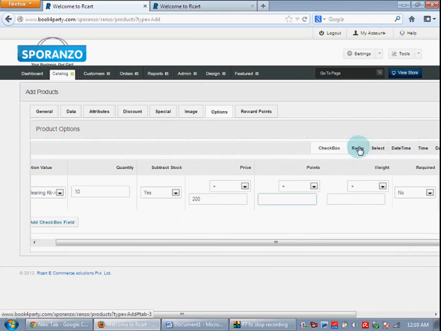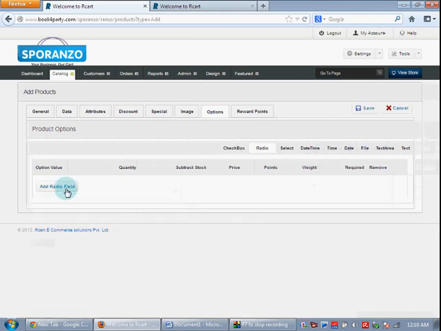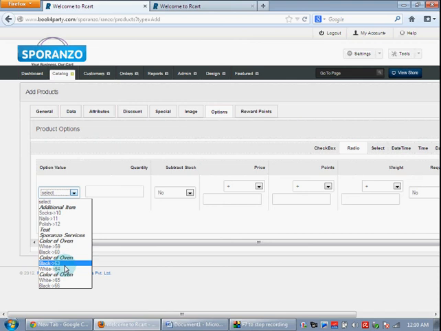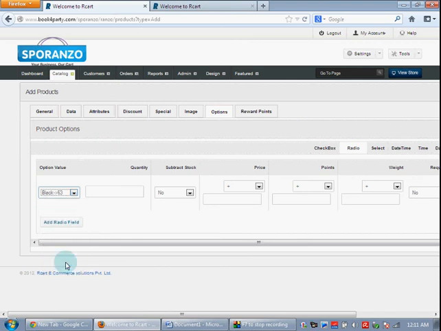And now let me move on to the radio button. I click on add radio field. I go and select color of oven, black. Quantity as again 10. Subtract stock, yes, and the price will be a little higher, something like 300.